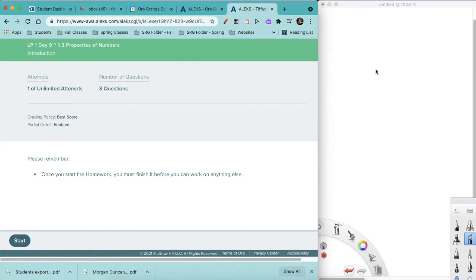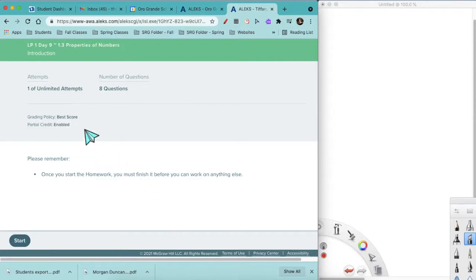All right, we are starting Chapter 1, Section 3 for Properties of Numbers. This is for IM1 or Integrated Math 1. So I've been starting these videos off the same kind of way. This is the exact screen you will see as a student working on ALEKS this year, with the exception of